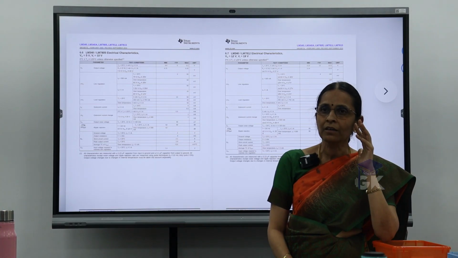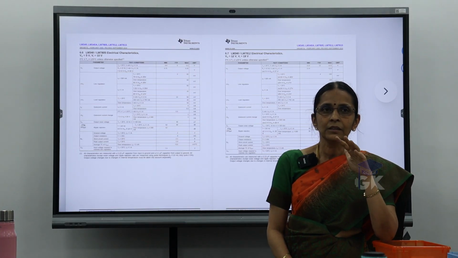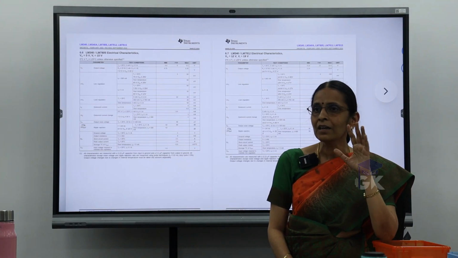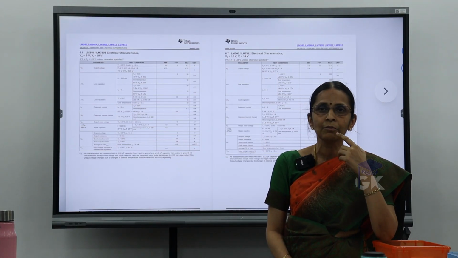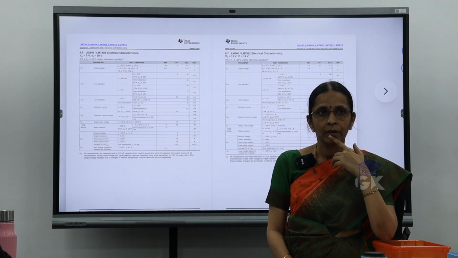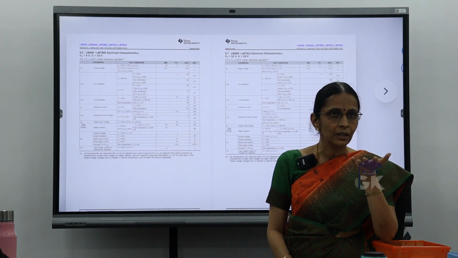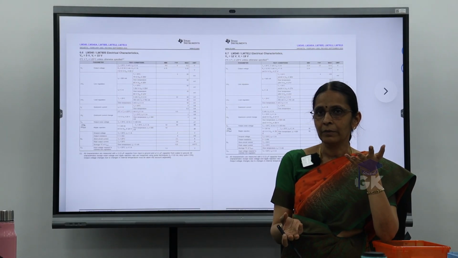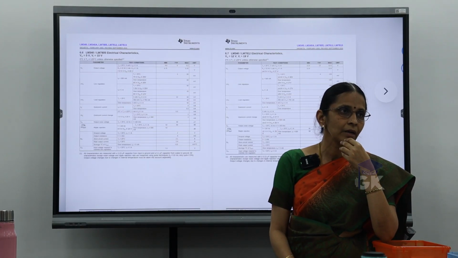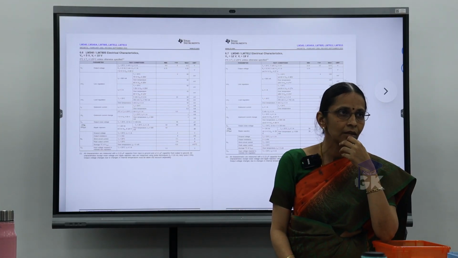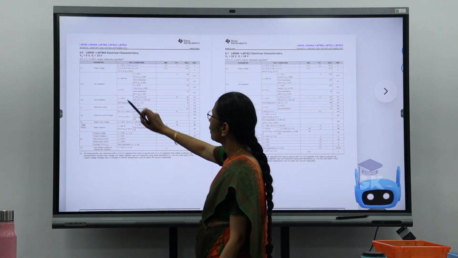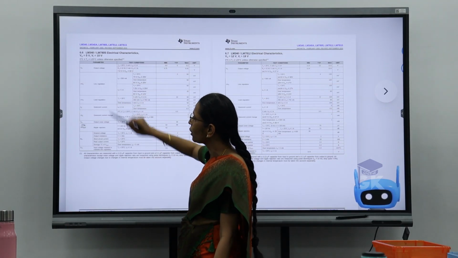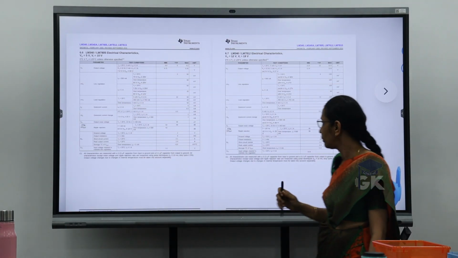If I give more than that, what happens? It gets dissipated in the form of heat in your IC. So if I go for higher and higher voltage, then the efficiency of my IC is reduced. Say if I operate with the input of 30 volt, then 30 minus 5, 25 volt will be the difference. So that gets dissipated in the form of heat as such. Clear? So we have to look for these parameters, the output voltage as well as the dropout voltage, also the regulation factors which we will discuss later.